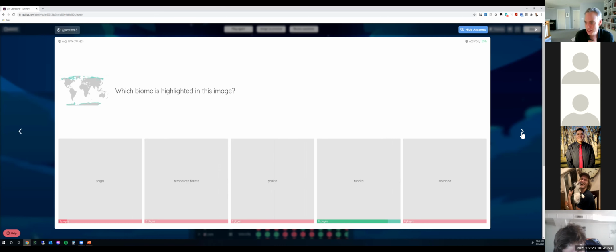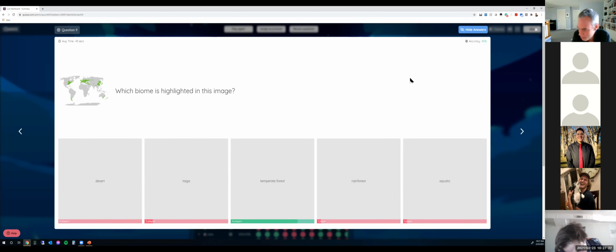All right, next one. A lot of biome questions here. Which biome is highlighted in this image? Right, so again, you have to be familiar with the different types of biomes and the parts of the world. All of these different biome diagrams were presented in the lecture that talked about biomes. And so probably the biggest indicator here is that all of Central Europe and the forests of Eastern North America are highlighted in there, and that is the temperate forest